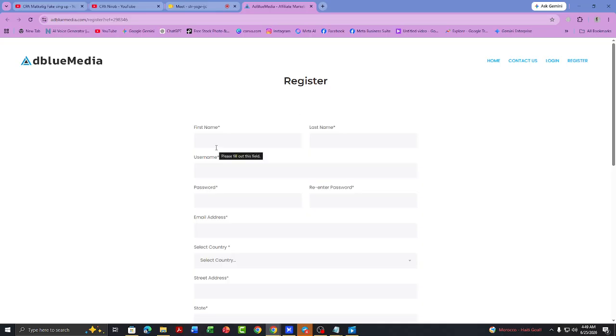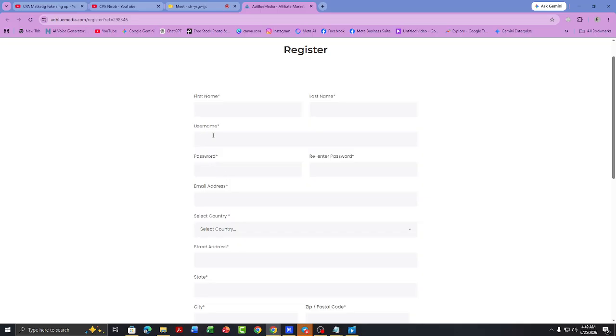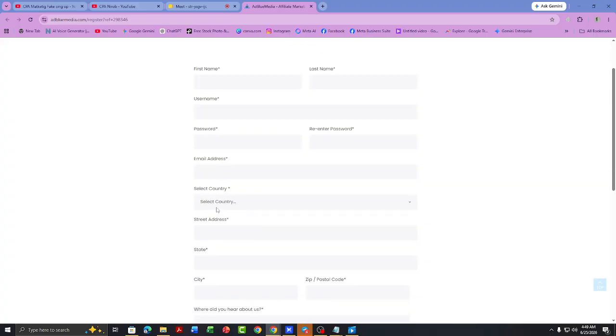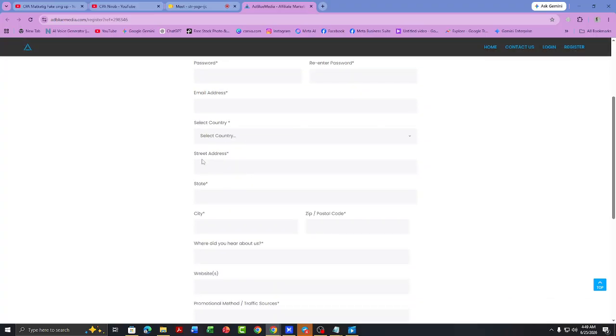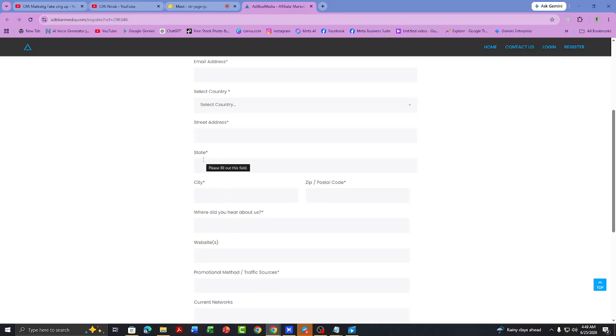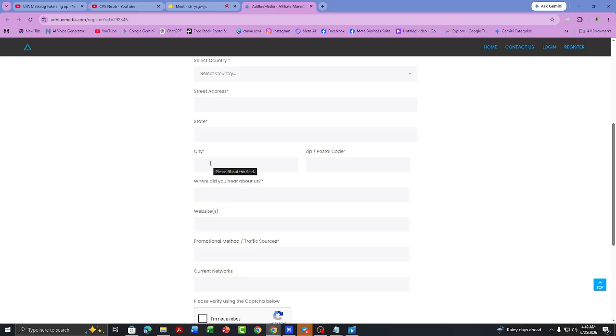Enter your basic information like your first name, then last name, then enter your username, then give a secure password, re-enter the password, then give your email address, then select your country, then give your street address where you're currently living now, then give state, then give city, postal code, then where did you hear about us? You can give Google, then LinkedIn, then add